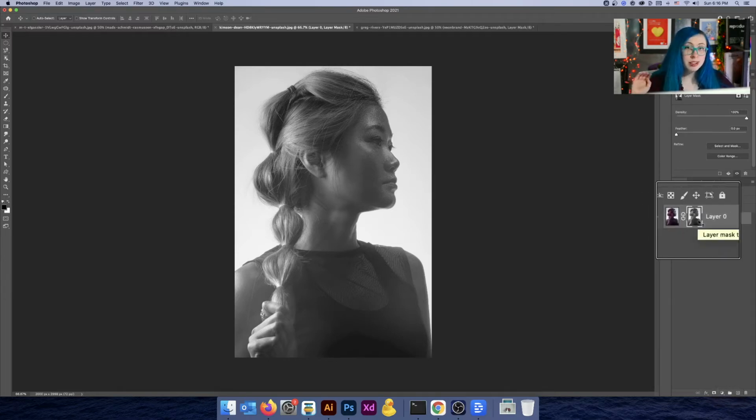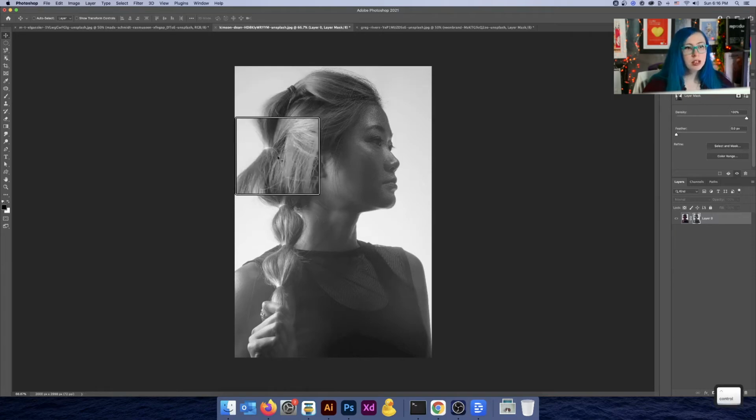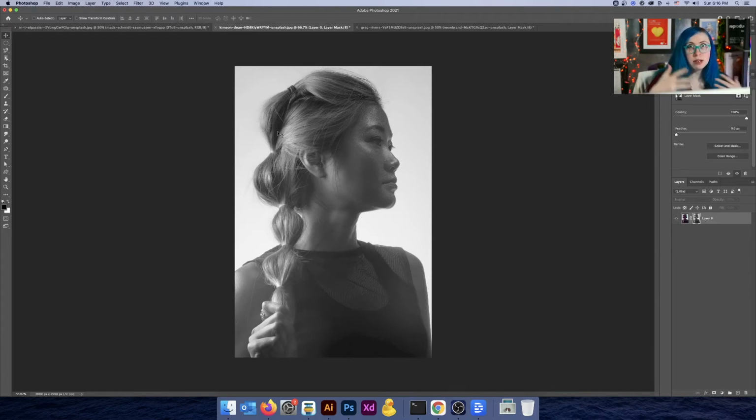Remember that with layer masks, black removes the image, like darkness. Darkness doesn't allow you to see something, and light allows you to see something. So what do you think is going to be revealed in the image when we go back to the image and off of this layer mask? Let's break it down. The lightest part of this mask will be revealed. The darkest part of this mask will be taken away. So what we'll see is the background will show and the woman here will be removed.